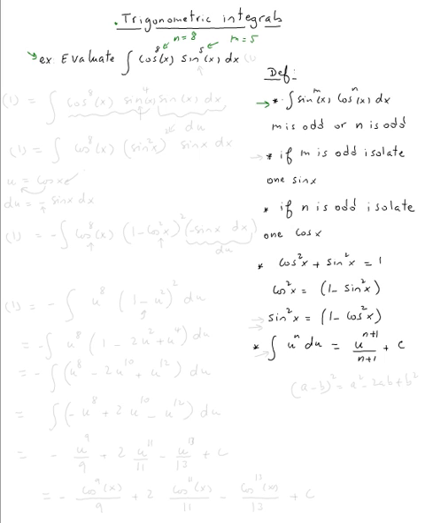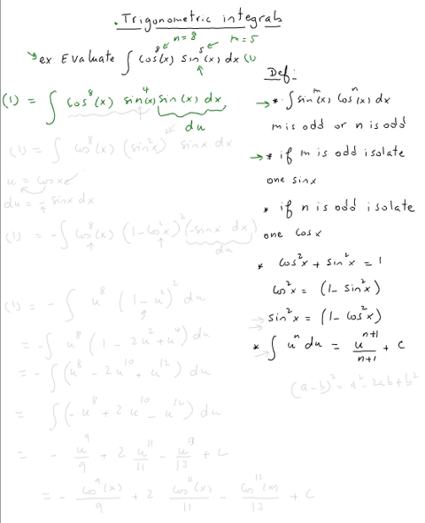So which one is odd? Of course the m is odd. So if you look here, it says if m is odd, isolate one sine of x. So we need to isolate one sine of x. So let's call this integral we're trying to evaluate 1. This is going to be cosine 8 of x. I'm going to isolate one sine, so this becomes sine 4 times of x, times sine of x dx. The reason why we do this is so we can keep this for the du,